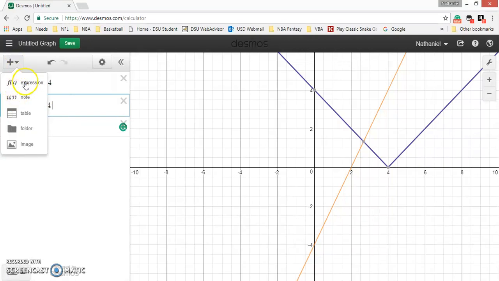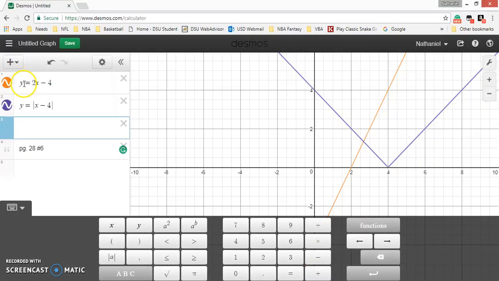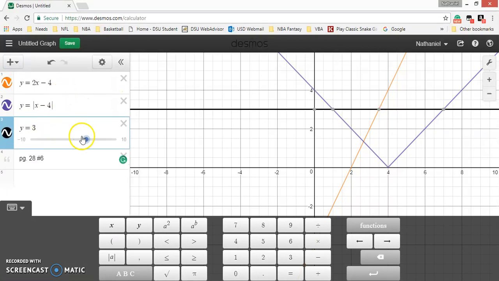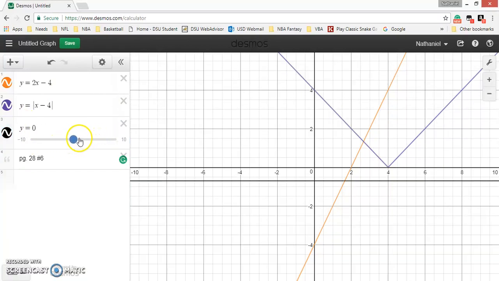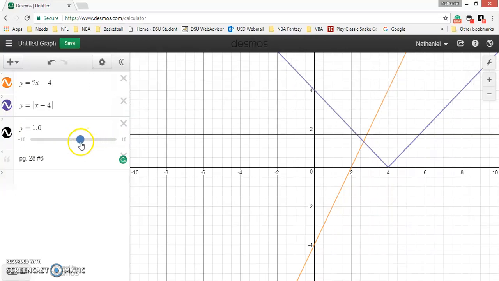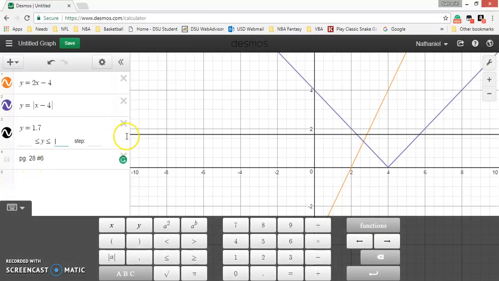And this is under the expression. So if you want to add a new expression, it pops up. You can go y equals 3, and there's a straight line. Nice. And then you see here, you have a slider as well. You can go up and down with this. Okay, super simple. If you want to change the range that it goes,